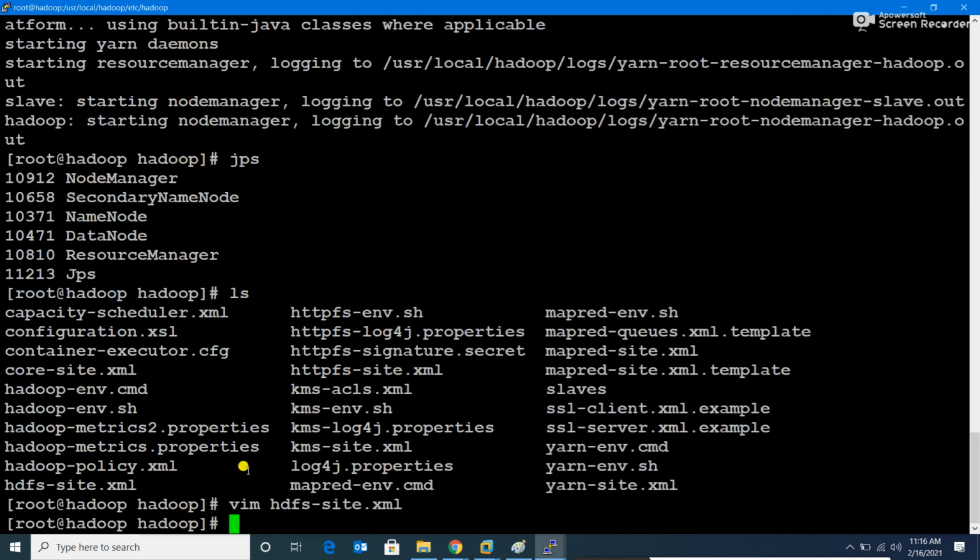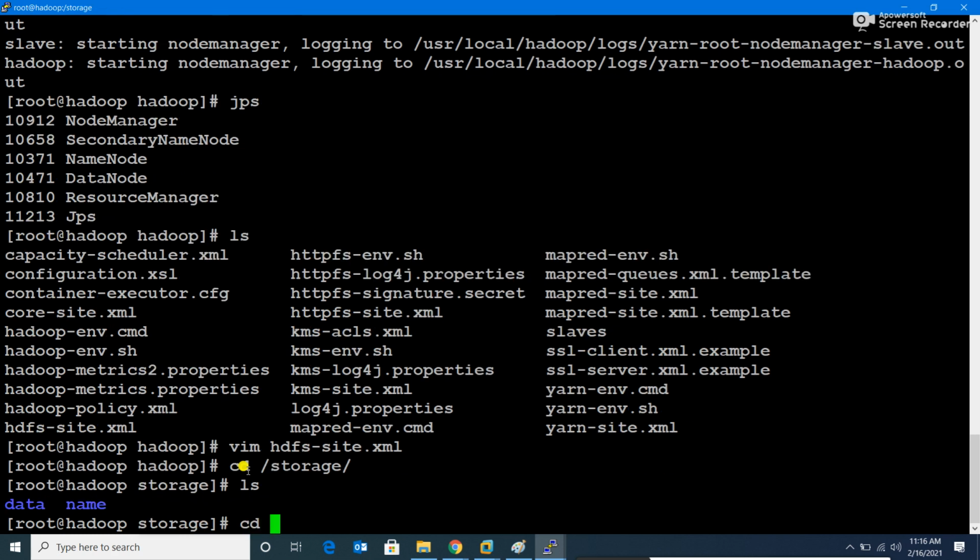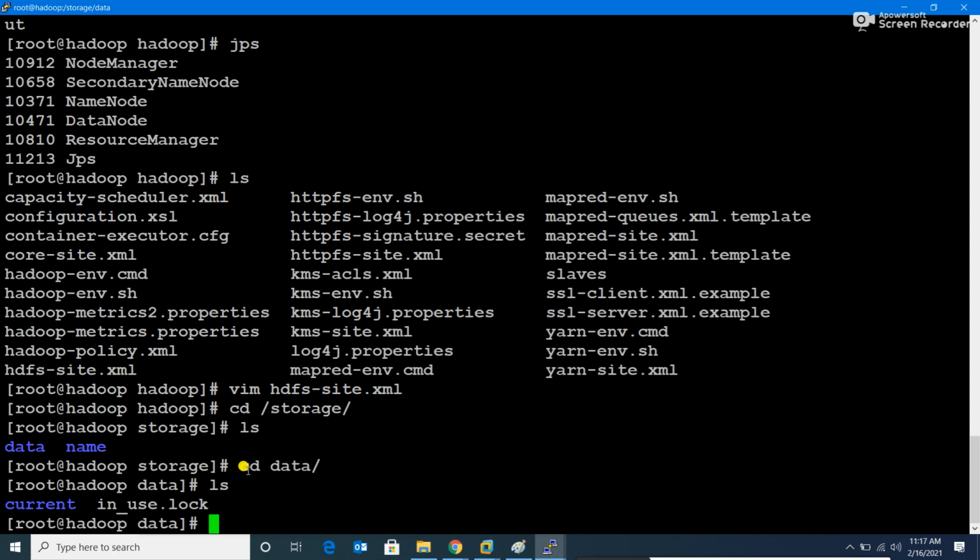Let us go to /storage and /data. cd /storage, cd data, and inside this we will be able to see whatever we upload to the Hadoop cluster, those files getting stored in the form of blocks in these folders at the back end.